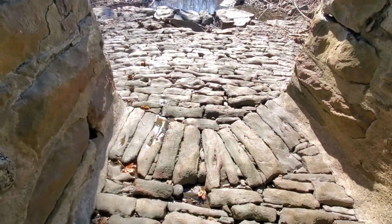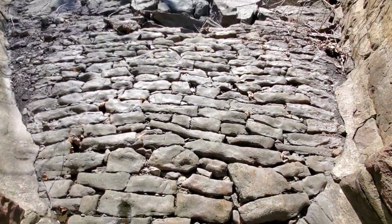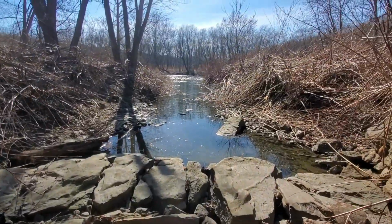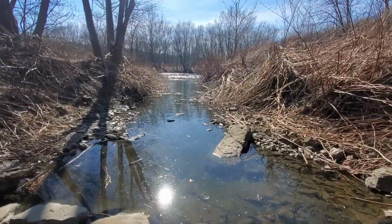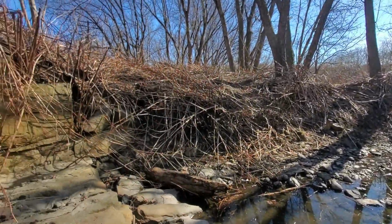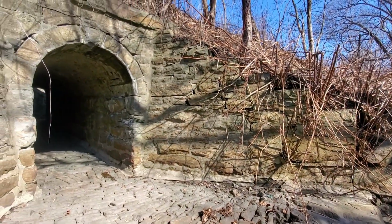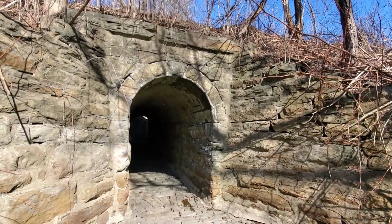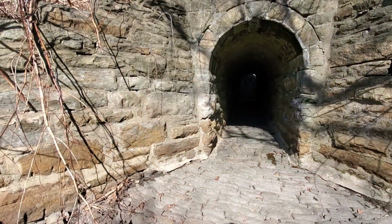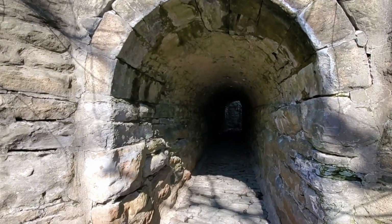And again, look how beautiful that stonework is. Just right out to the river. Just absolute gorgeous piece of work here. And again, here's from the outside by the river looking in. And just pristine. Absolutely no graffiti inside here,